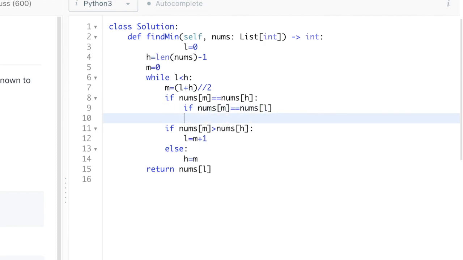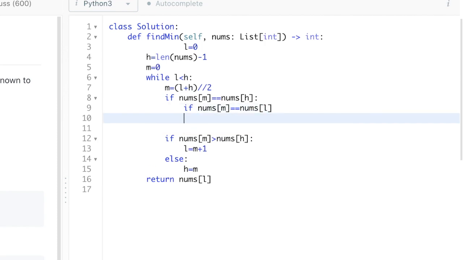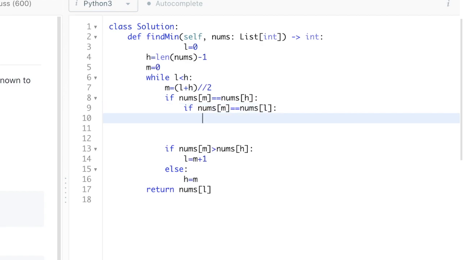So if the value at mid equal to the value at high, and also the mid value is equal to the low value, what we have to do, we will simply change our low, means we will simply ignore the very first and move forward, means I will simply increase our low to low plus 1.